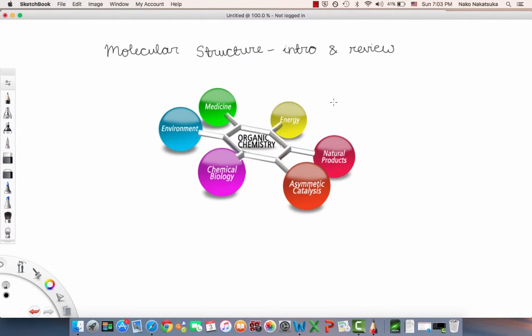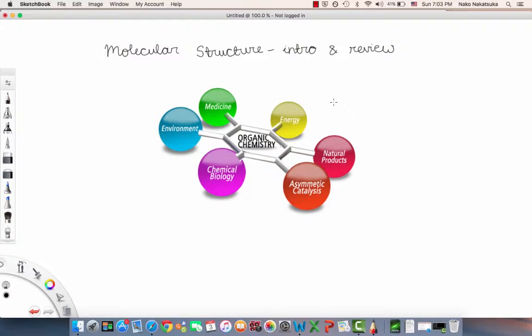Hi, so today we're going to go over a lot of fundamental organic chemistry problems. This is more of an introduction for you to better understand this topic. The first part that I'm going to start out with is called molecular structure, the introduction to this, and a review. You must have seen a little bit of organic chemistry already by learning about general chemistry. But now we're going to delve into more complicated things further on in these videos.